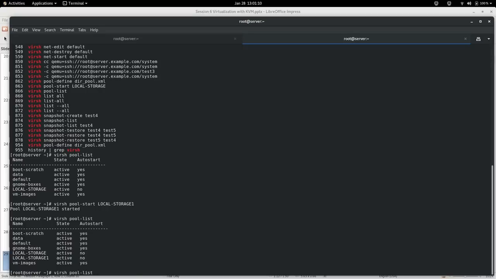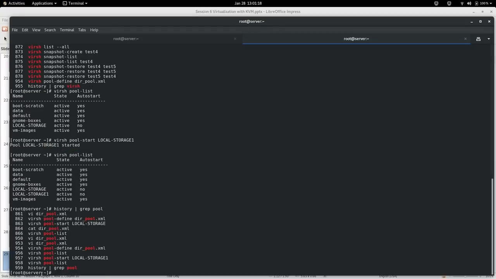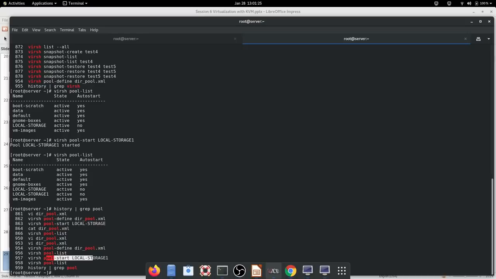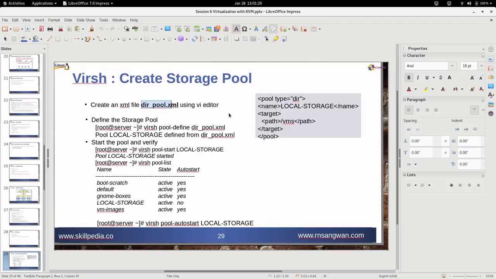Alright, let me grab that command also, pool grep. So here you can specify starting the pool, defining. Oh, I did not specify auto start, no problem. So these are the commands which I was talking about, which are there in this presentation, in this slide.